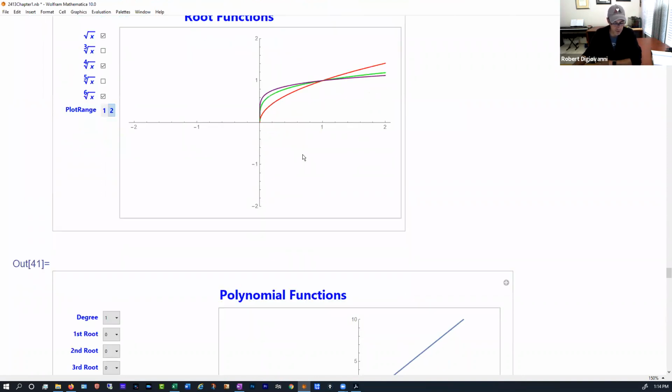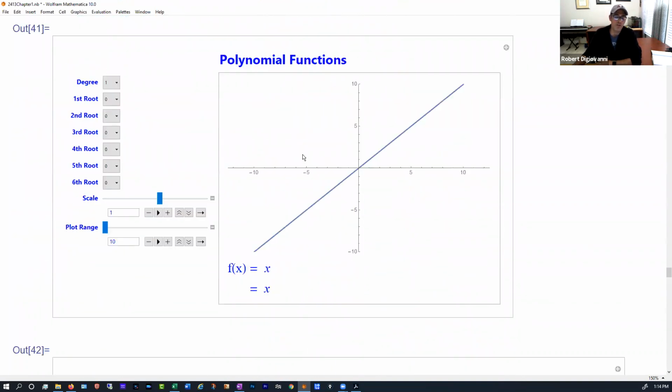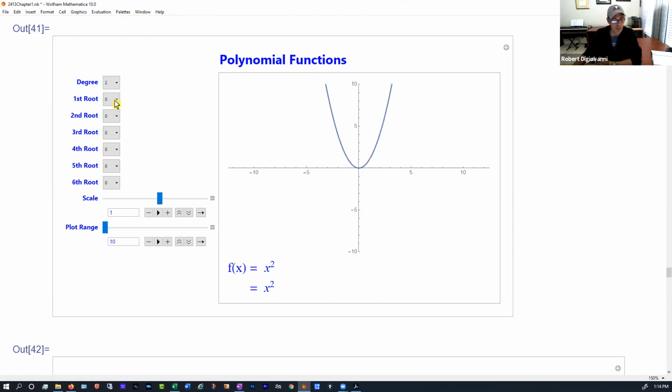Yeah. Root functions. All right, polynomial functions. Polynomial functions are roller coasters, basically. All right. So let's see if these look familiar. Let's go with a degree 1 polynomial would be a line. A degree 2 polynomial would be a quadratic, but we can kind of change where it is. A degree 3 polynomial,